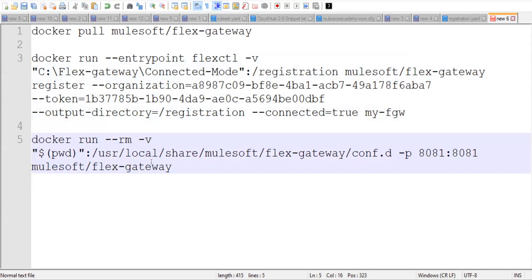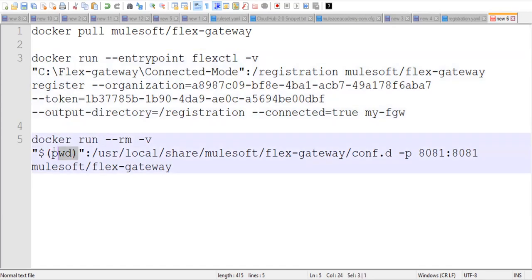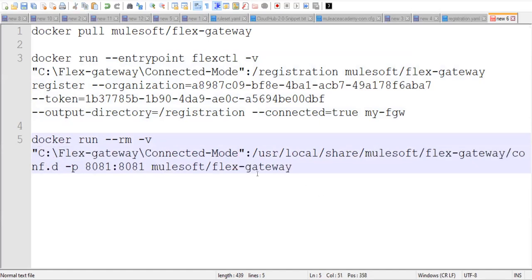So perfect. And we'll change our PWD. Not going to work on Windows machine. So we'll put our absolute directory address. So under this directory, once we register our Flex Gateway with our Anypoint platform, the registration.yaml file